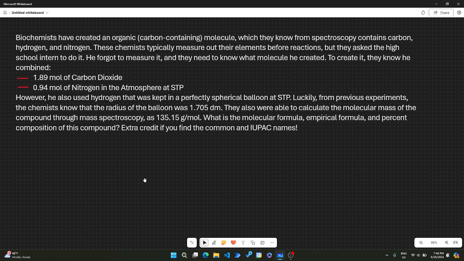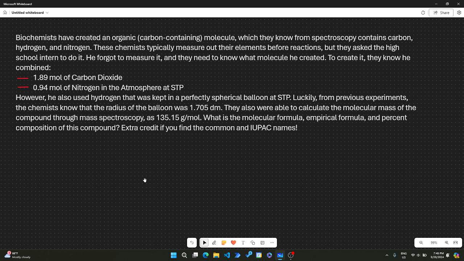To create it, they know he combined 1.89 moles of carbon dioxide, 0.94 moles of nitrogen in the atmosphere at STP. However, he also used hydrogen that was kept in a perfectly spherical balloon at STP. Luckily, from previous experiments, chemists know that the radius of the balloon was